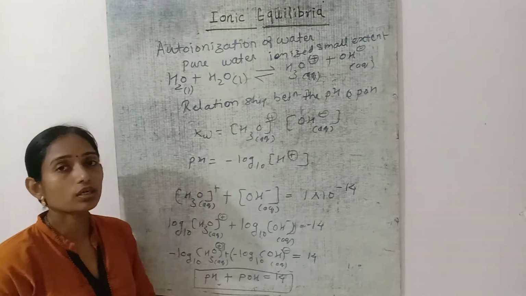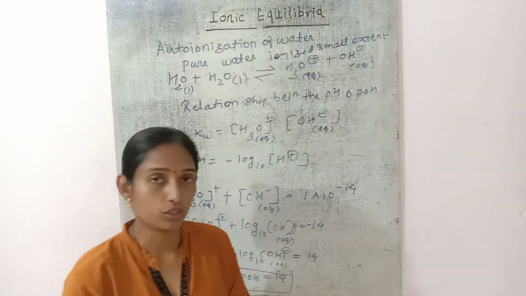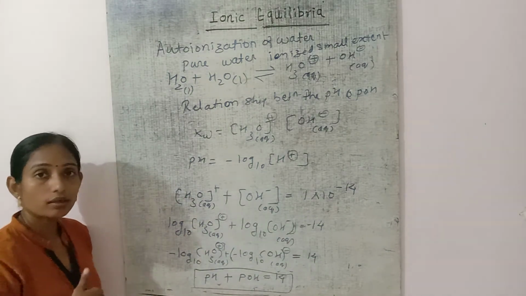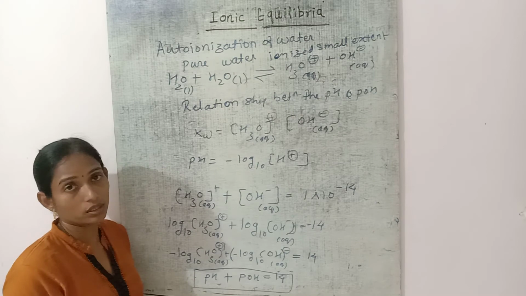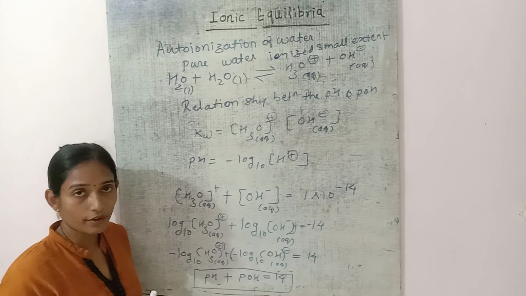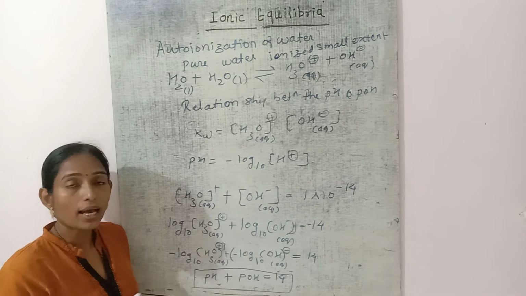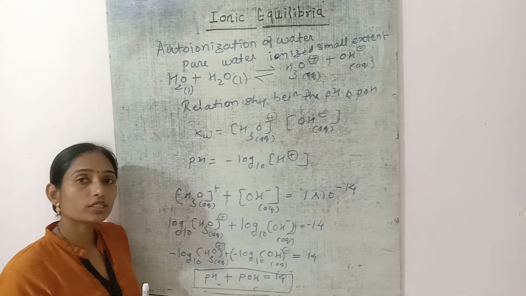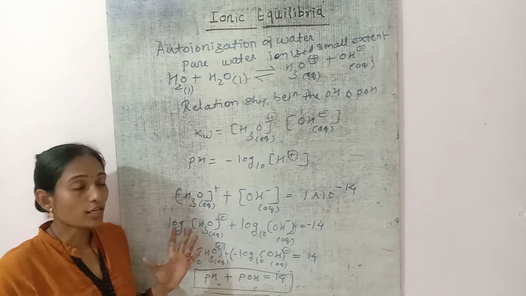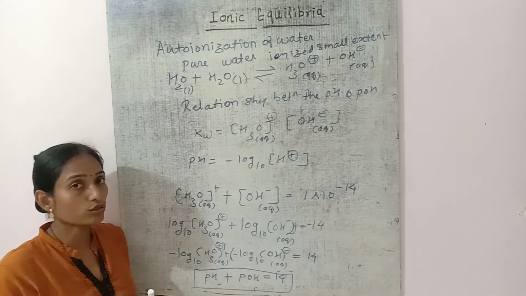So today we discussed the autoionization of water and, second, the pH of water. As the temperature increases, the pH of water falls. Generally we say the pH of water is 7, or neutral, but it is not always neutral. It changes with respect to temperature. As the temperature falls, the pH increases. You can see this topic in your textbook, page numbers 49 to 51.